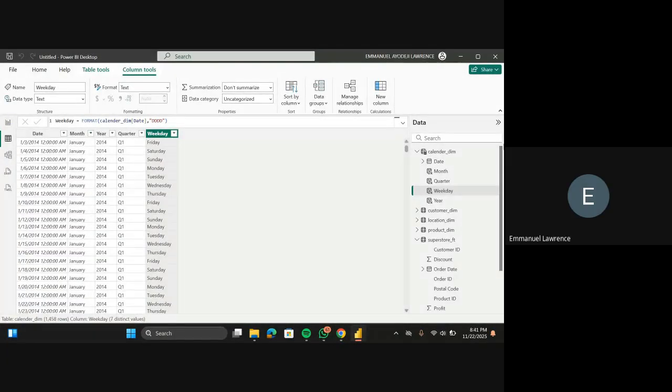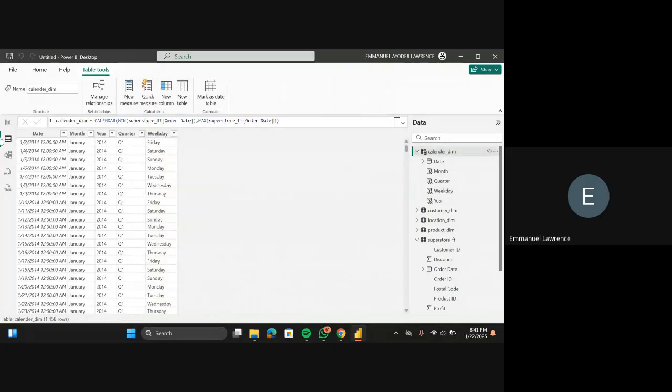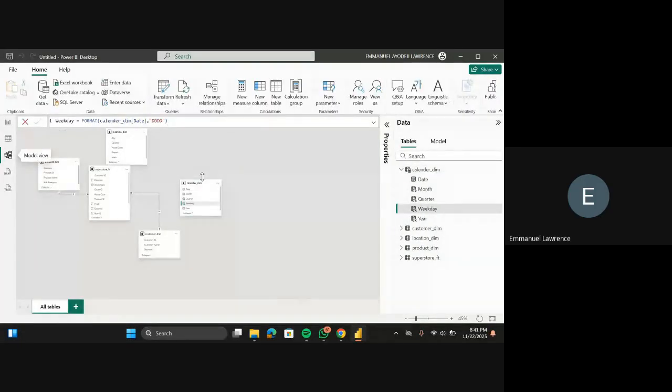So now we've done our calendar dimension table here, right? Now let's go and create our modeling. Our modeling creates a relationship between the fact table and the dimension table. Currently, there is no relationship between those two tables. We divided the old table into fact and dimension tables, right? So now there's no relationship between both of them. In the model section here, we're going to be creating a relationship between the fact table and the dimension table, and we're going to produce a schema called a star schema.